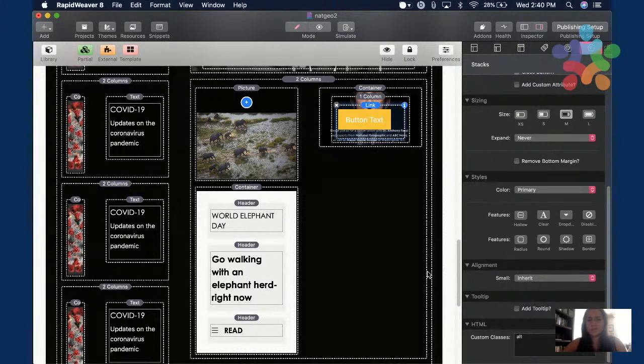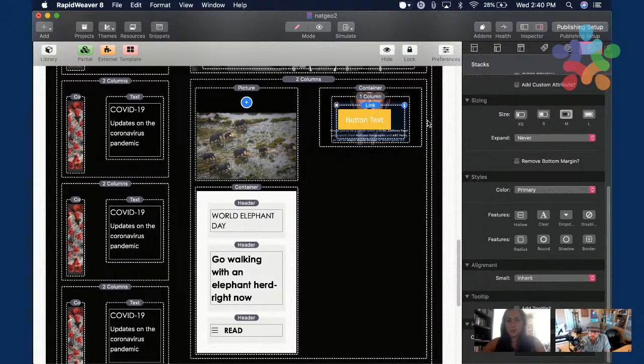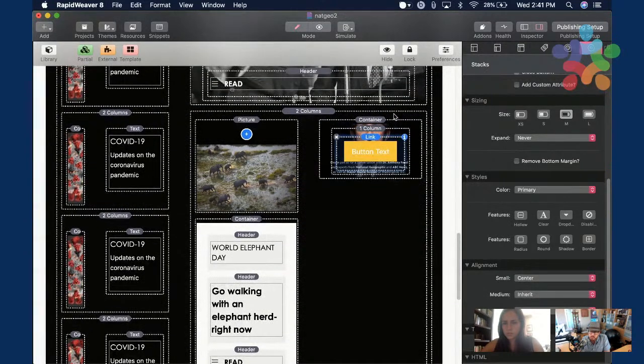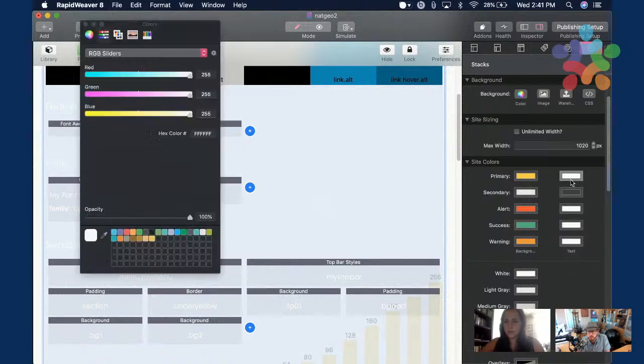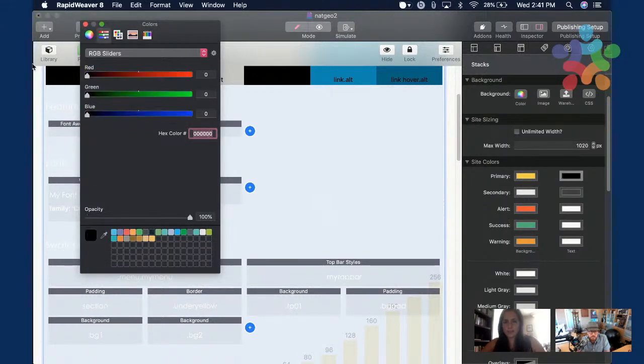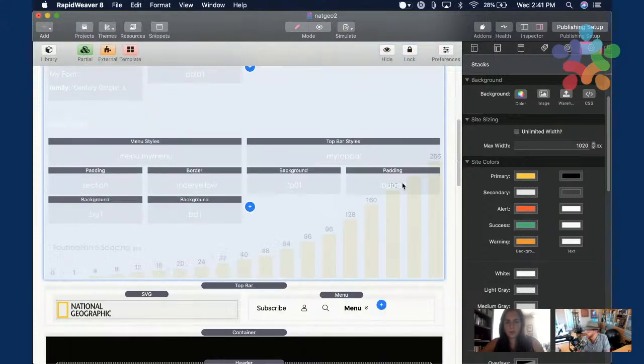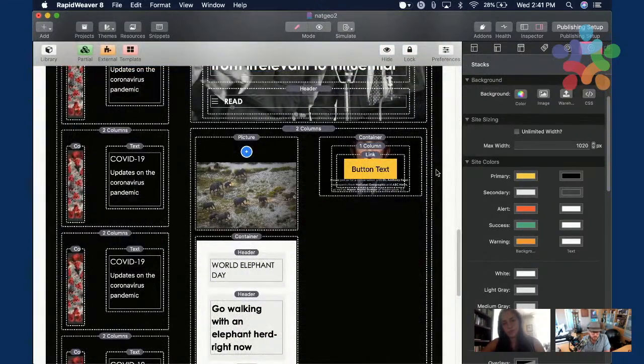I'll check what I have to do. You might want to set the primary text color in site styles to be black instead of white. You change the primary color, but there's a corresponding color. So instead of white, you change that to be black. Yes, that's correct. Thank you. There we go. So that button is register.